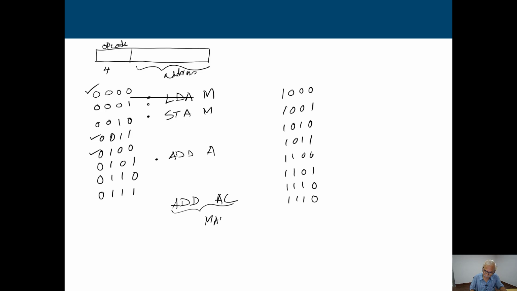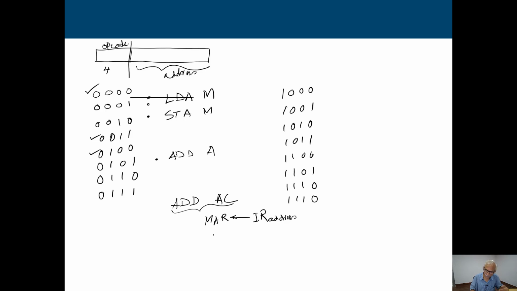First, already we have fetched it, so now we are just going to look at the execution part. The instruction is already in IR, so we are going to take the address part of this particular instruction. This is the instruction with opcode and address part. We are going to take the address part.